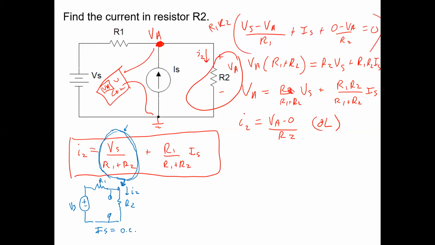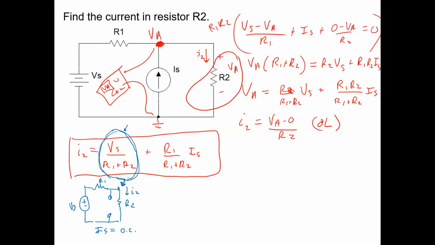You just pulled out that current source and figured out what the I2 was with just a voltage source alone. That you would actually have Vs over R1 plus R2. Okay. That is sort of the inkling of superposition there, right? If you just turn off the current source, you can find out what the current is just from the voltage